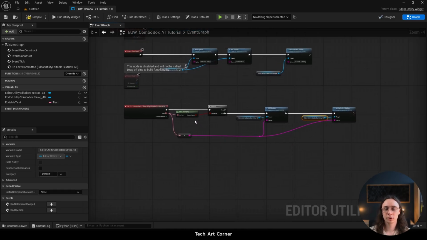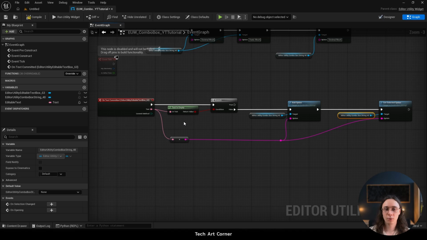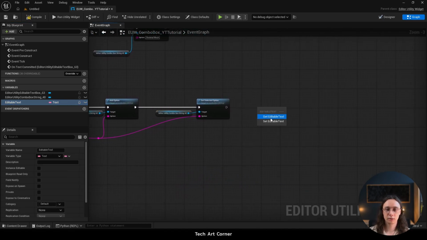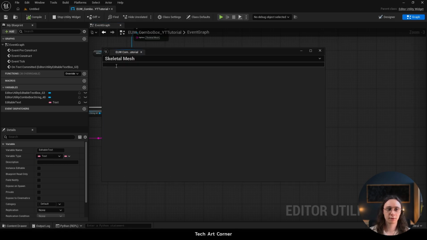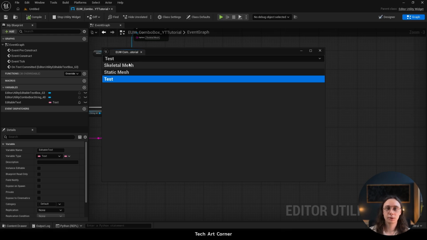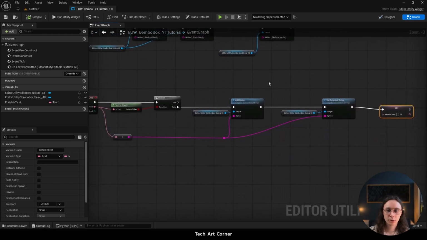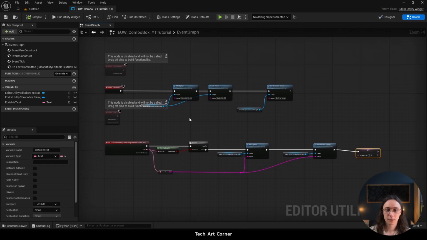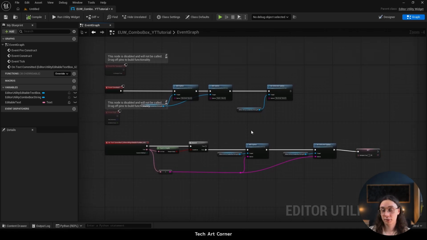And this would work, but we should also empty the text value. So we can access the editable text here, just set text, and we are going to leave it empty. Let's compile, let's run, let's hit enter, and well, we added a new option. So if you want to copy this blueprint right now, you can just pause, look at the screen, and if you are ready to continue, just keep going with me